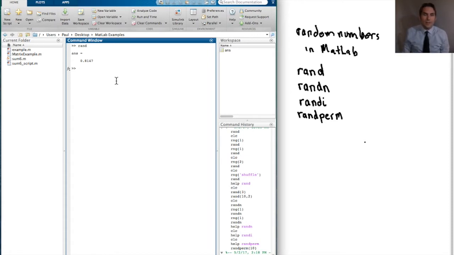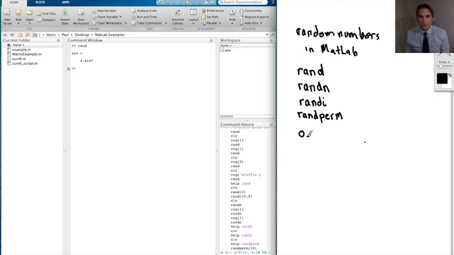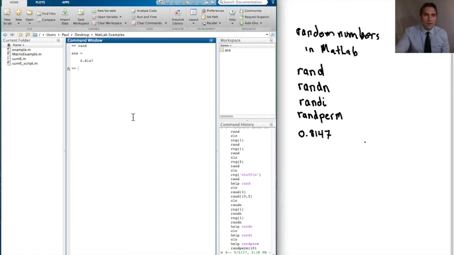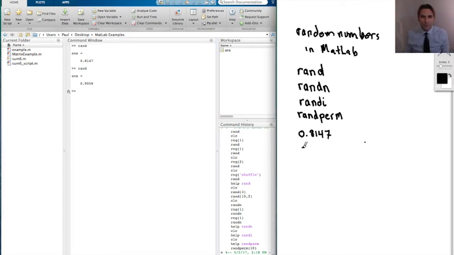It gives me an answer, 0.8147. I'm actually going to write that down. And I can type rand again, and I get another number. I'm going to write that one down, 0.9058. What rand is doing